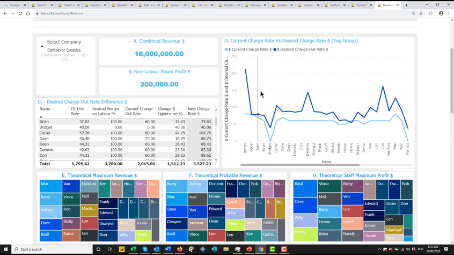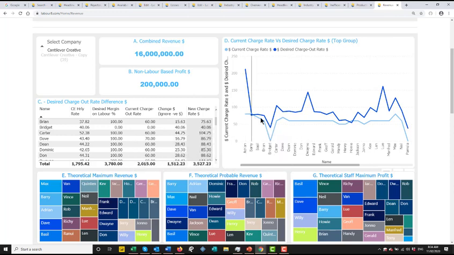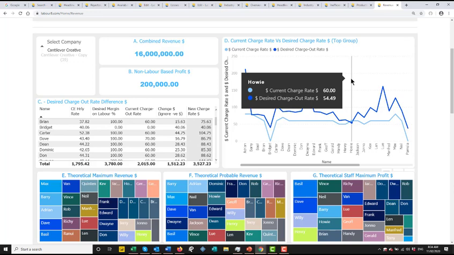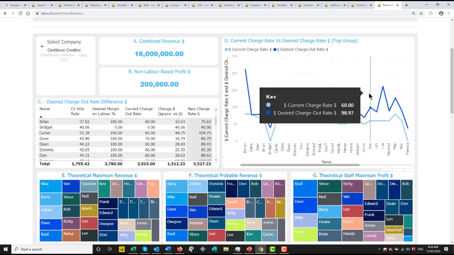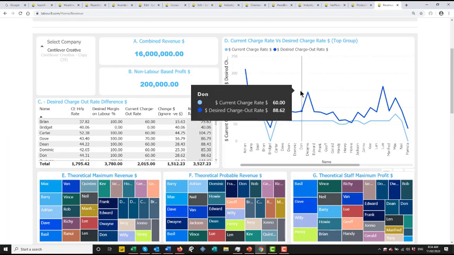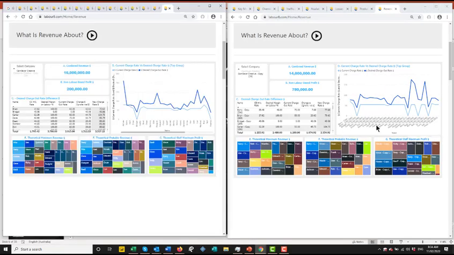What you can see over here is another way of viewing it. And what we see immediately in here, we've got 1 and 2 people who are actually making us less money than what they cost us. And we can also see that probably over 40% of the people are on a very low gross margin for what they cost us. To compare the before and after scenario, so now I'll bring up my before company over